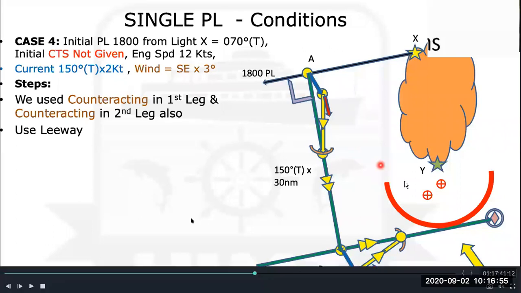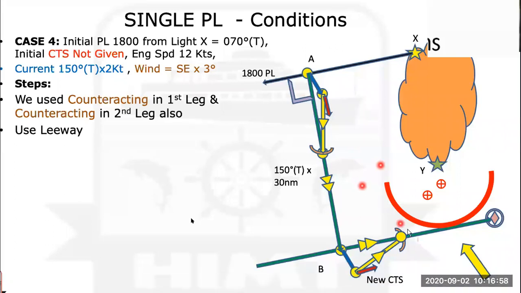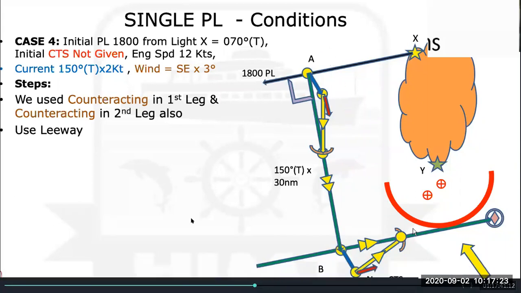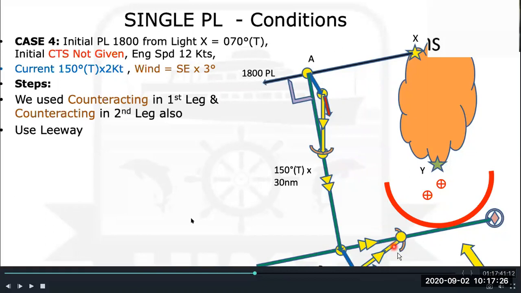Now the wind is coming from here, southeast. So if the wind is coming from here, we again have to give a counter helm of 3 degrees. Then the ship will go on this course. So suppose this is 050. So if we steer 053, the wind will push us and the ship will steer 050. And because of the current, the ship will move on the 070 line. So the course to steer, we will find out, measure here.